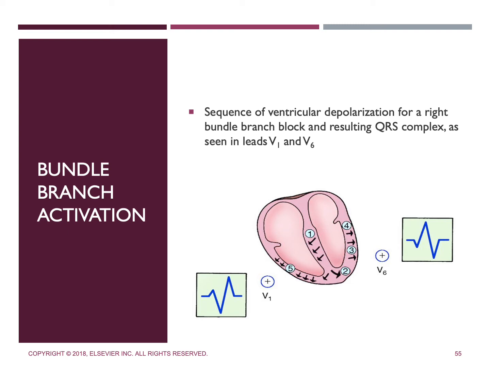So the septum is going to be activated by the left posterior fascicle and is depolarized in a left to right direction. So thus the septal depolarization moves in a left to right direction, which is toward V1 and produces an initial